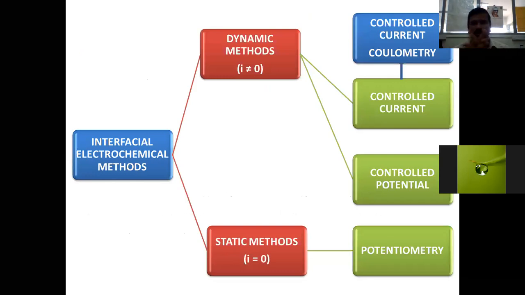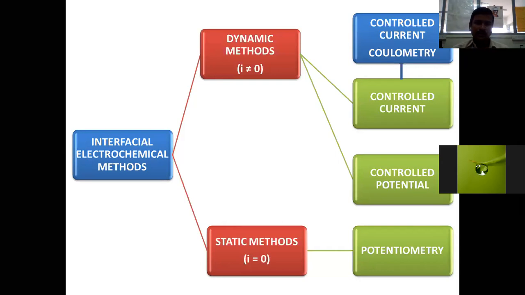So the whole of the electroanalytical methods belong to the family of interfacial electroanalytical methods, or interfacial electrochemical methods. Whatever we will discuss, majorly, except the conductometric methods, if you take potentiometric methods, amperometric methods, voltammetric methods, stripping methods, whatever it is, most of them belong to interfacial electrochemical methods.